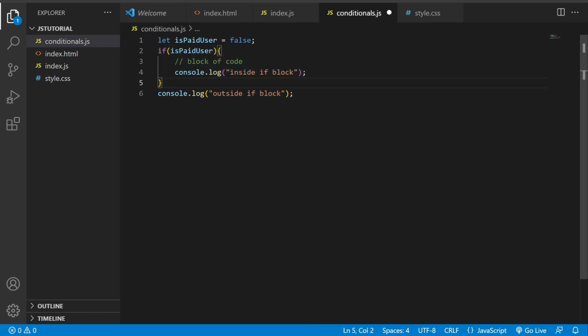In this case, line number 1 and line number 6 are going to be executed every time whenever your code executes this conditional.js, but line number 3 and line number 4 will be executed only if the condition present inside these normal braces is evaluated as true. Then only line number 3 and 4 will be executed. So let's see.